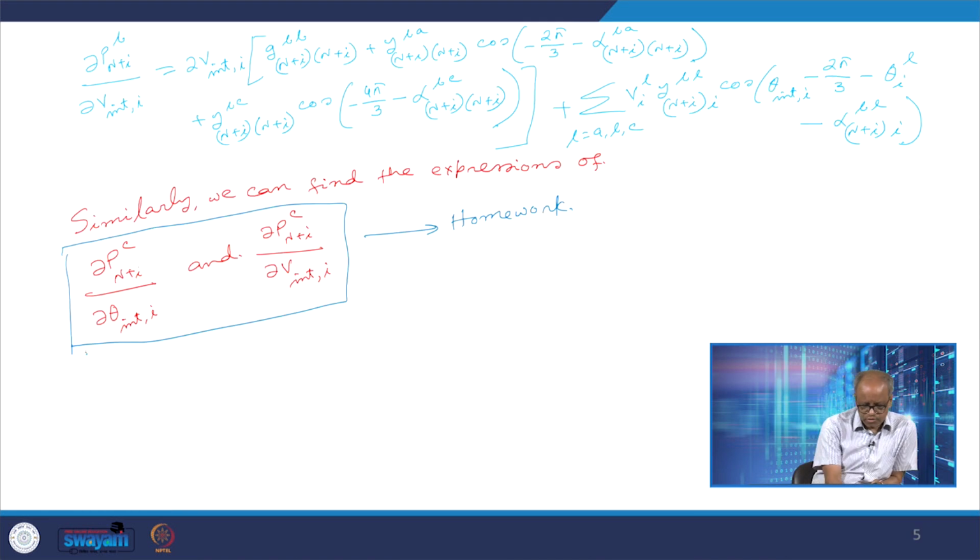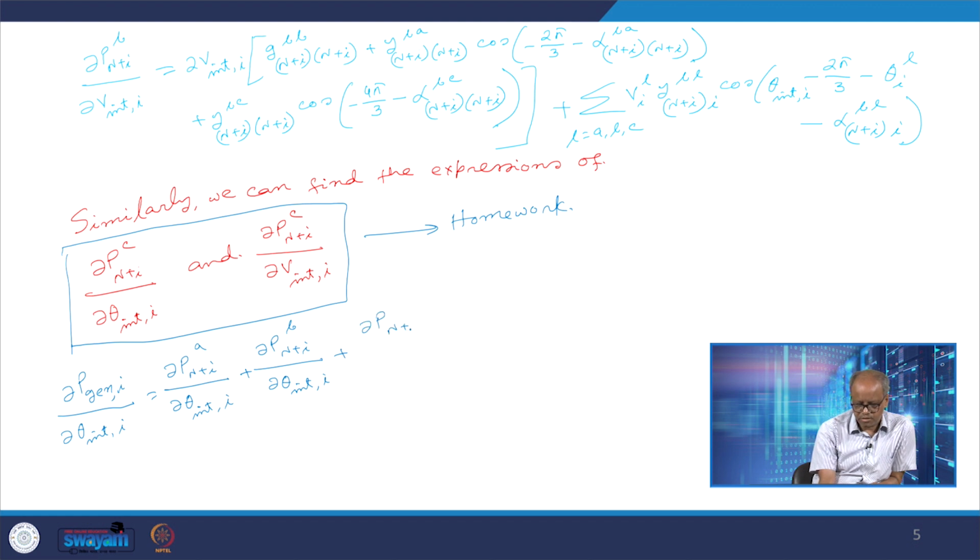So once we have this, therefore we can have del P gen I by delta theta internal I is nothing but del P n plus I A by delta theta internal I plus del P n plus I B delta theta internal I plus del P n plus I C by delta theta internal I. Similarly, I can find out del P gen I by del V internal I is equal to